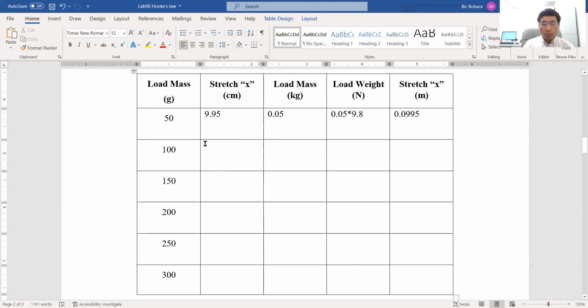Okay, so in this way, you can repeat other data. Take data 100, 150 as I did. You just measure it. The extension is already here, right? Just increase masses over here. You don't have to bring this ruler from here all the time. Just keep it here and take all the data. After you get data, this table is complete, full. Then you can